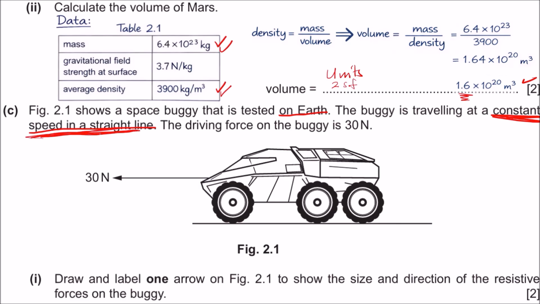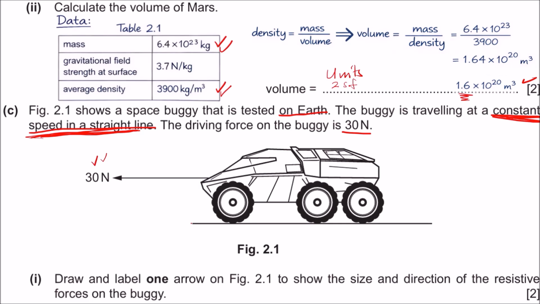Speed in a straight line is velocity. In other words, we can actually say it's moving at a constant velocity. The driving force is 30 newtons. Item 1. Draw and label one arrow on Fig 2.1 to show the size and direction of the resistive forces